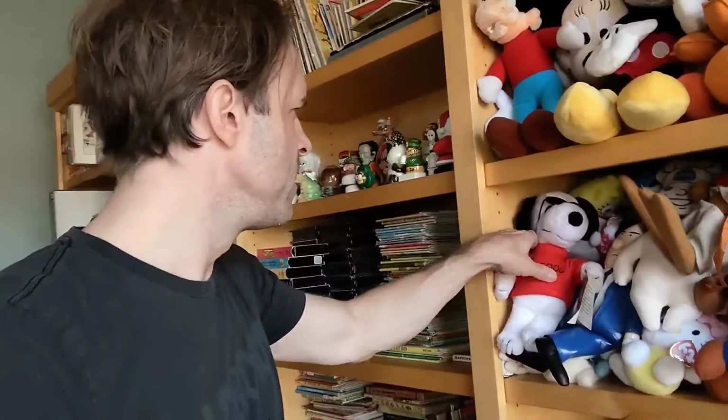I sold a lot of the dolls from a recent estate sale, I'm realizing. So I got a lot of good ones from that. Here is Joe Cool, which is the Snoopy character where he's a cool guy. I knew what Joe Cool was. I knew it was Snoopy in glasses and he would wear a shirt that says Joe Cool. But I have no reference as to why, when, or